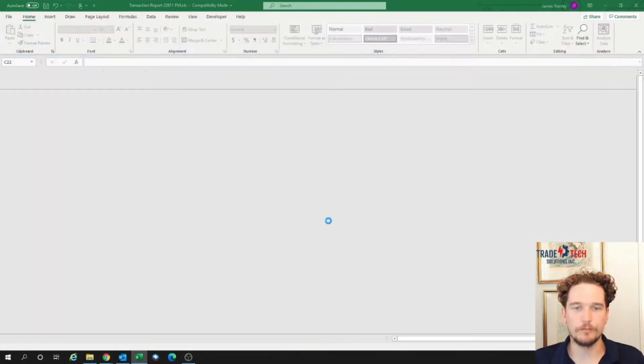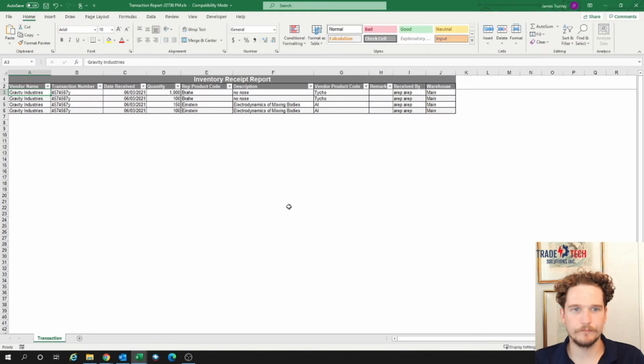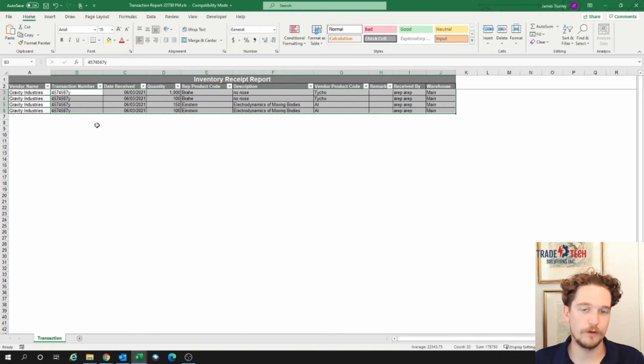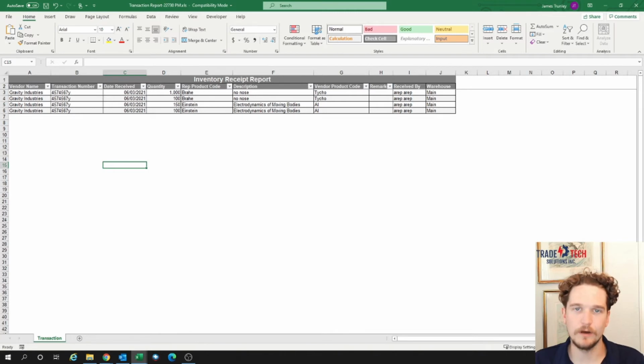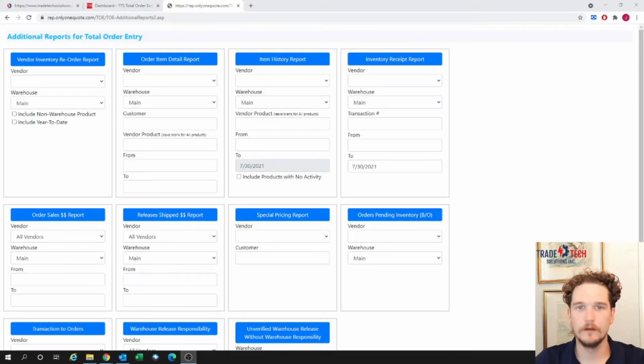And in a second it'll open up and give us the same report with just the one transaction number. So nice and easy to see what came on a given transaction, or even on a couple if you need to take a look. So we are going to skip the order sales dollar report and release ship dollar report,